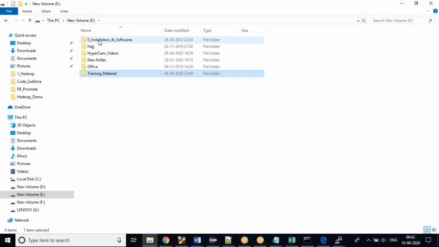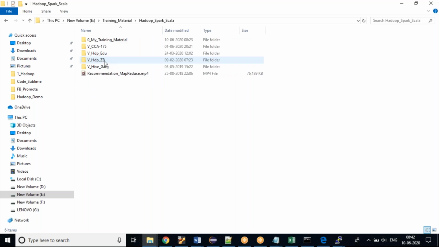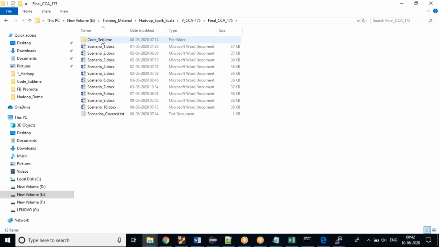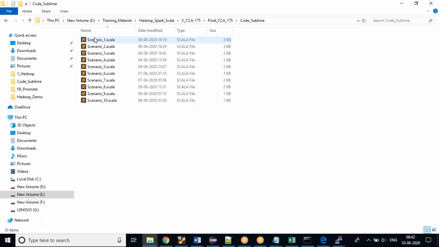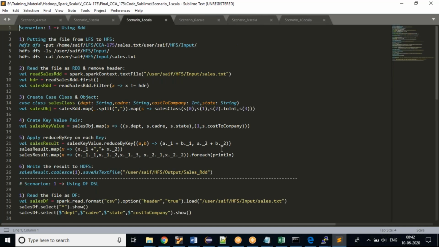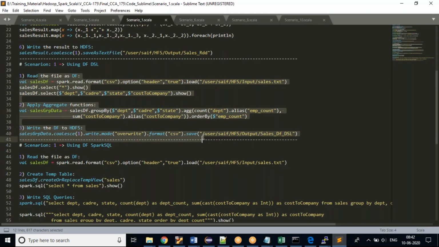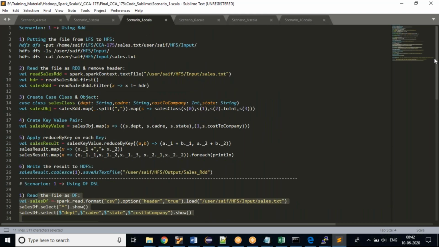And also I'll just show you these certification-like scenarios I am preparing, so that by the end of the course you'll have everything. I already have these solved. I will not give you the solution because you need to achieve it yourself. But if you give up, then I would give the solutions. Once we are in my training program, can you see this? We have already done the reading, the case class and the object class, and this is the reduce by key. I've already shown you with the data frame. All of this we will be learning in this training program, so you will be pretty confident.